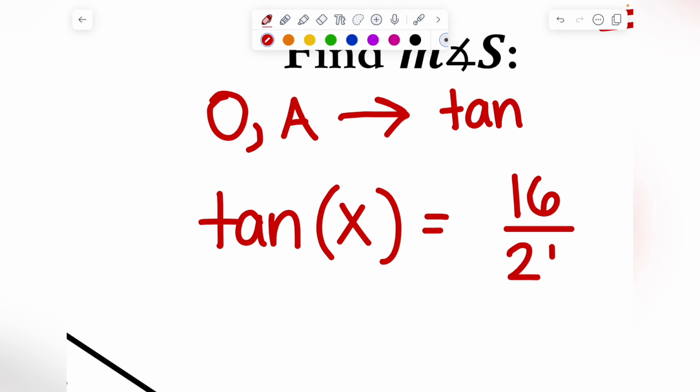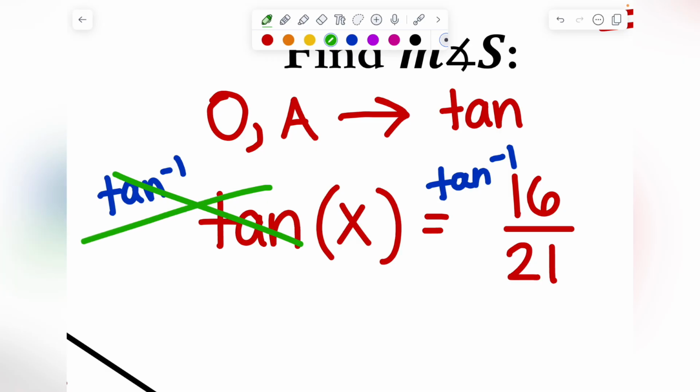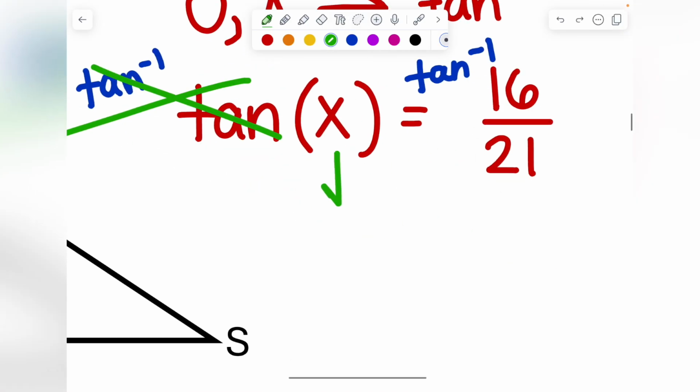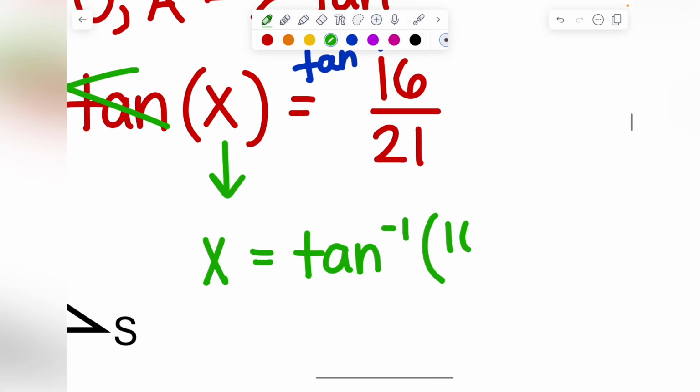Now, what we learned in class is that in order to cancel out tangent, I have to take the tangent inverse of both sides. Okay, so it's the same thing as undoing a square, you square root. To undo tan, I do the inverse of tan, which we just call tangent inverse. So the inverse and the tangent cancel each other out. It leaves me just with X equals, and then in my calculator, I'm just gonna type in tangent inverse